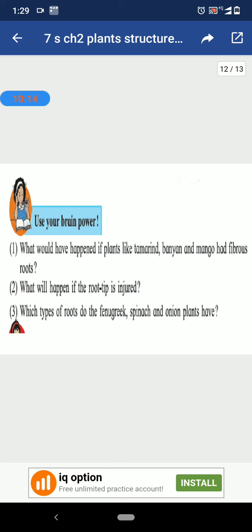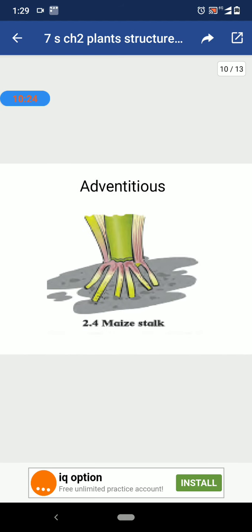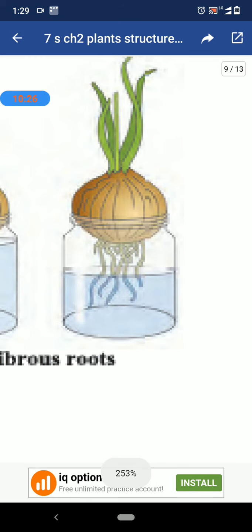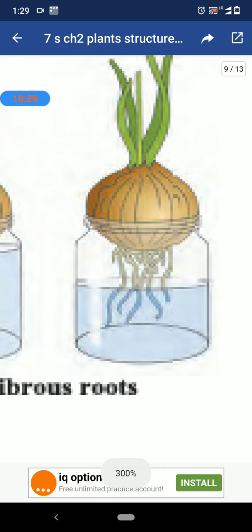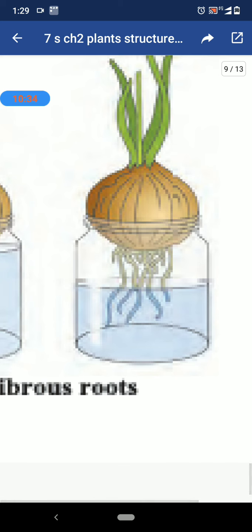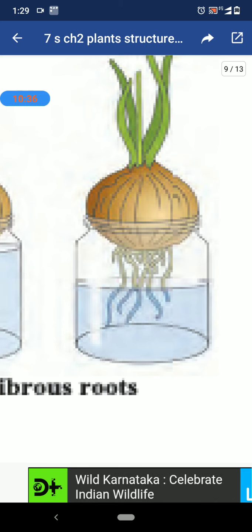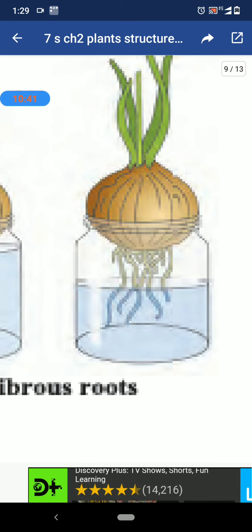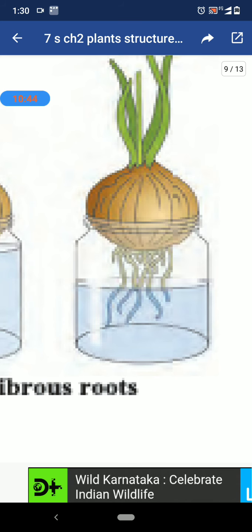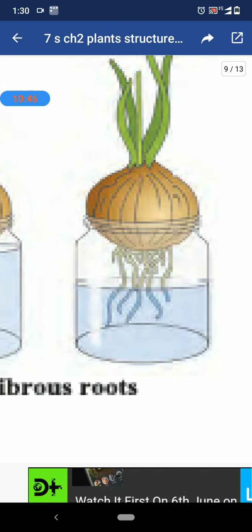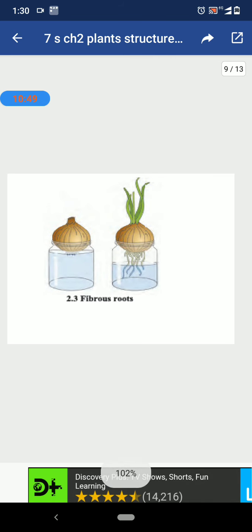And in the case of onion, the onion has a fibrous root. They emerge from the disc-shaped structure, which is a modified stem. In the case of onion, I have shown you the roots take growth from the disc-like structure, and they are fibrous roots. As they take growth from the disc-like structure, it is nothing but the modified stem in the onion. In onion, this works as the stem.